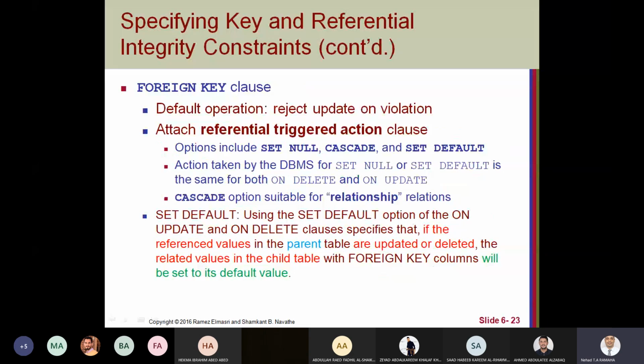Most problems happen when you try to make an operation on tables that have a foreign key.